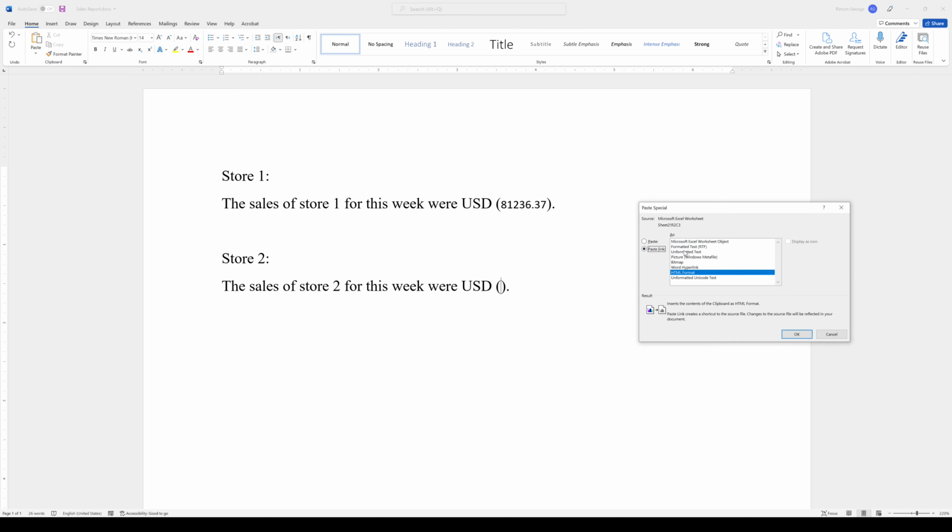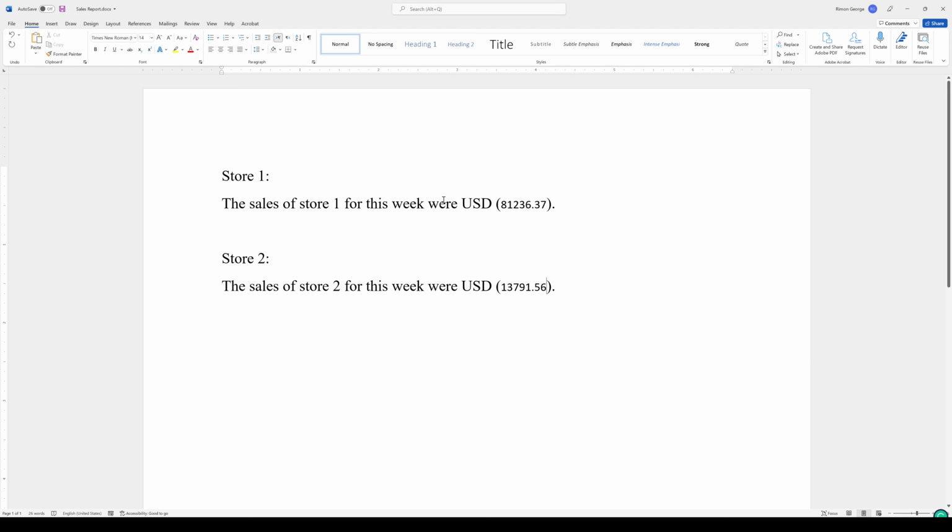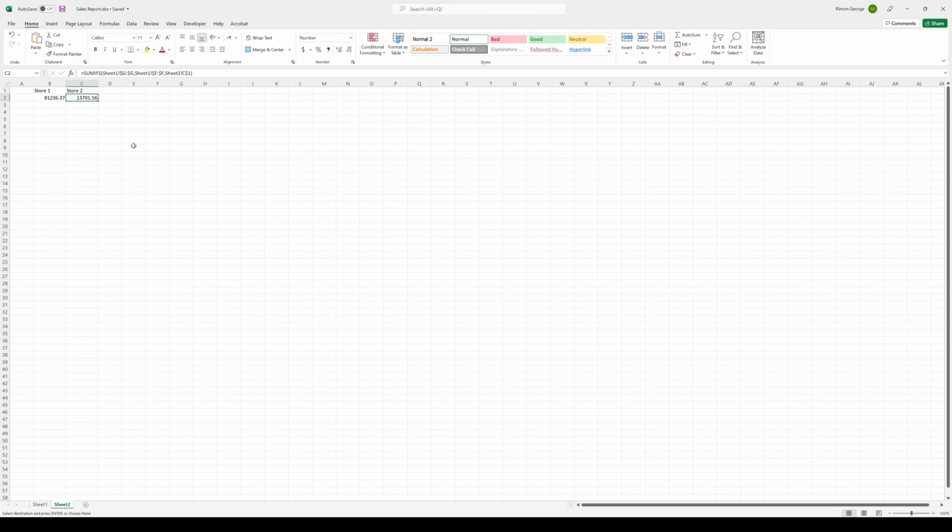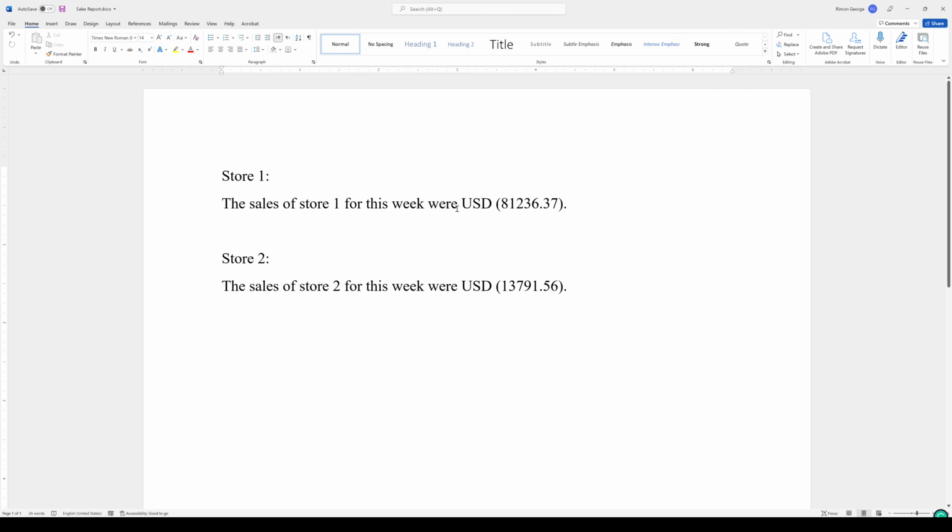We use this one. So you can just format them like this. So we have the two numbers formatted. So let's save this one